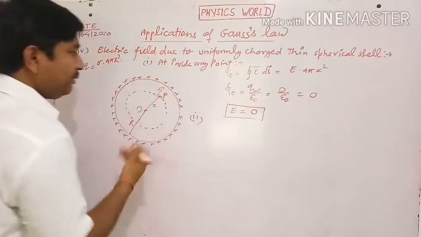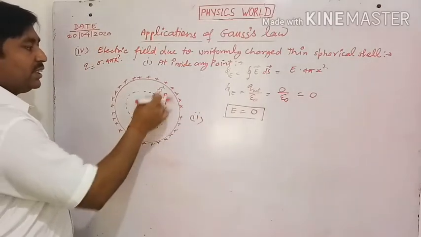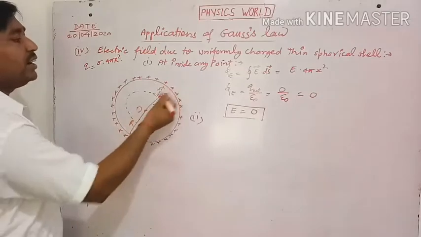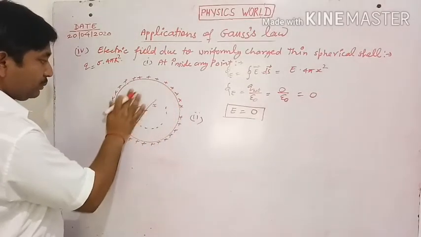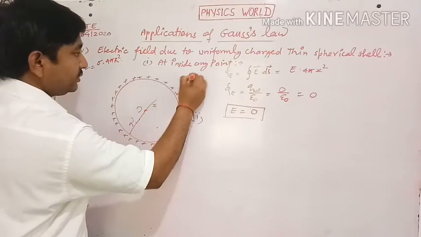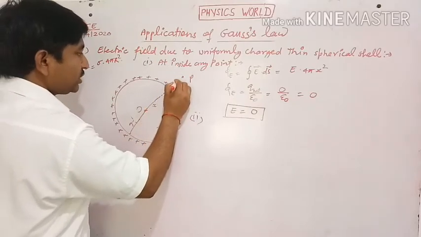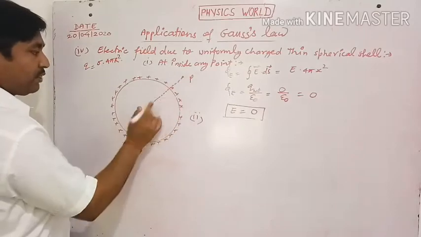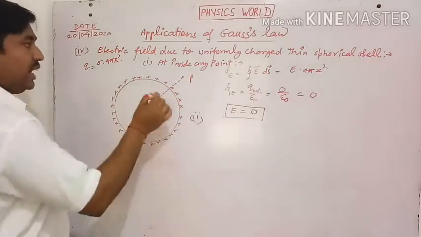Second case, if we take this point just outside the thin spherical surface, like this, here is the point, and the total distance of this point from the center is x, then